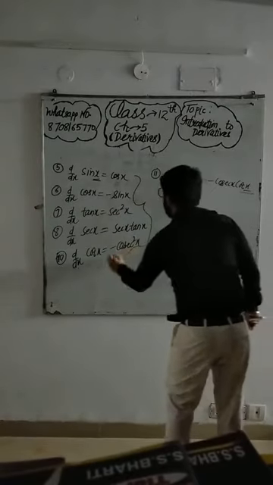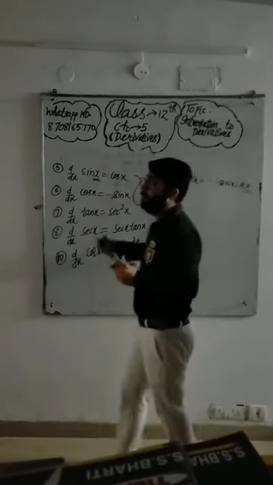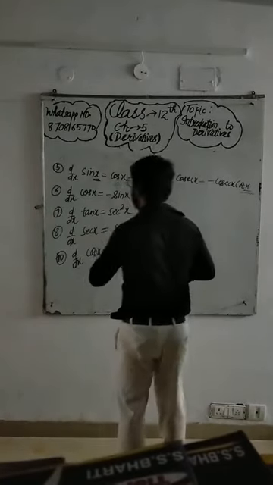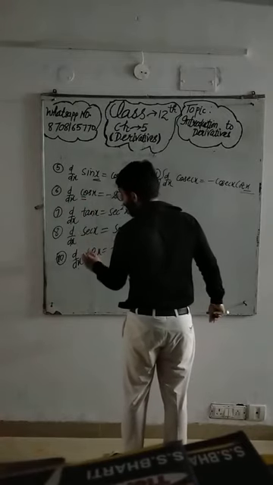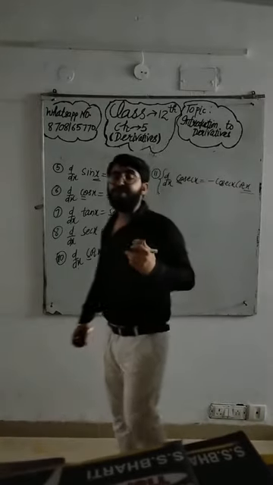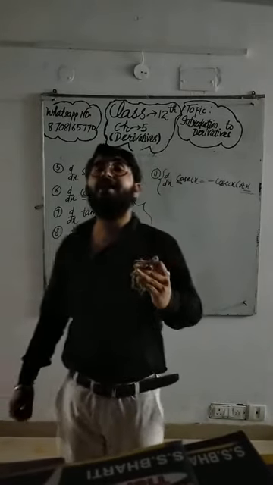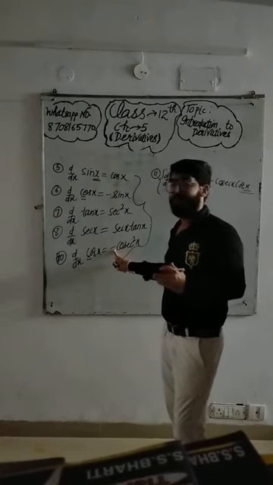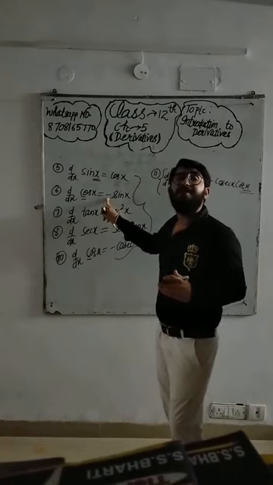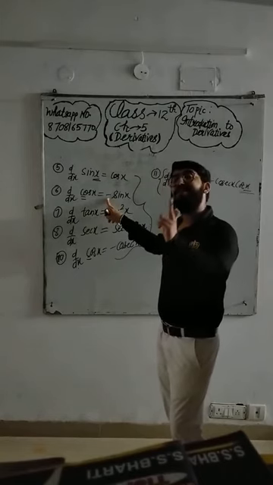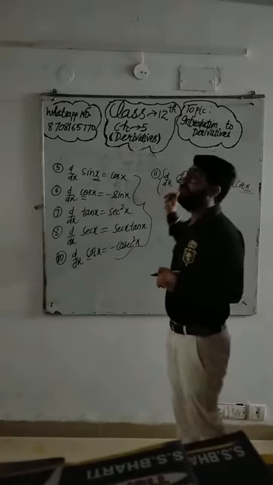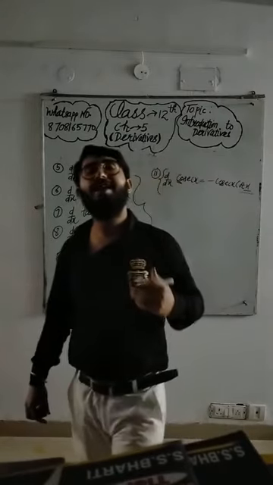If you have observed, there is some symmetry in the derivatives of the functions starting with c. If the trigonometric function starts with c, then there is a negative sign in the derivative. Look at this function, it is cos x. The derivative is negative because the function whose derivative we are finding starts with c.